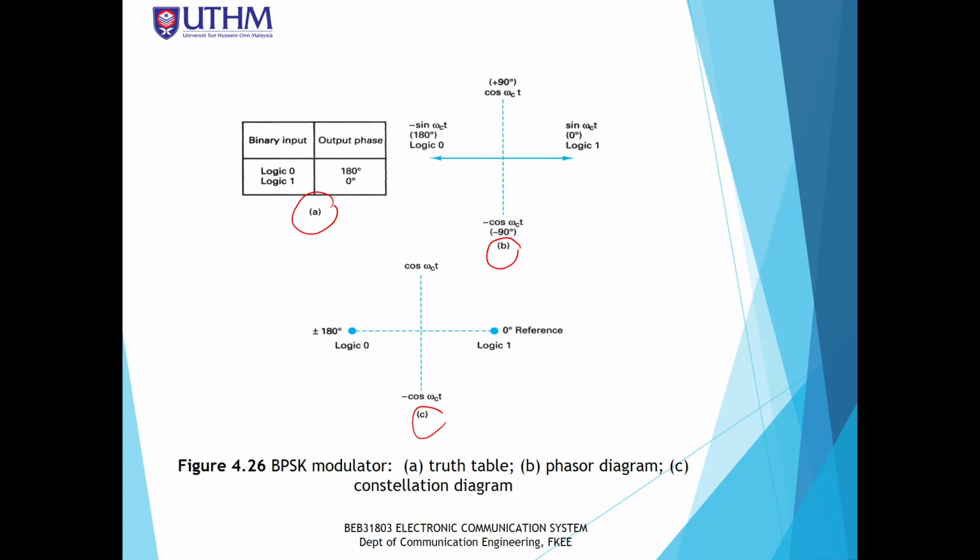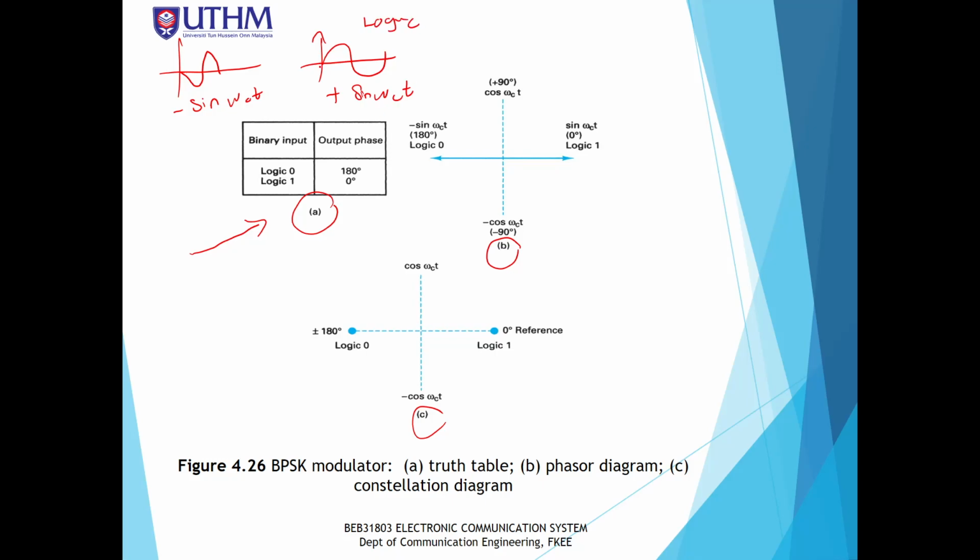Okay, so based on the BPSK, you see that for logic 0, remember that for logic 0, actually we are transmitting negative sign. For logic 1, we are actually transmitting positive sign. Remember this is a negative sign. This is a positive sign. So you see that for logic 1,